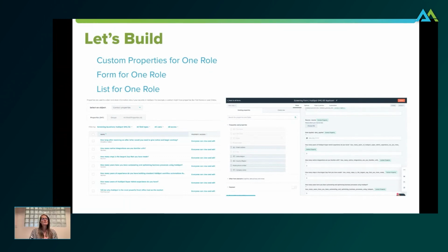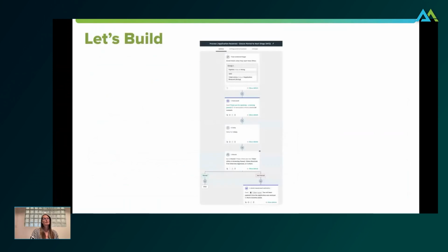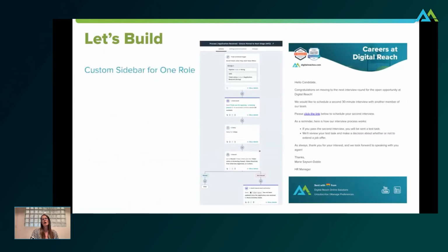Okay. So some things that we're going to do, we're going to look at creating custom properties for one role. We're going to look at building a form. We're going to look at creating the list. So I'm going to show you what these elements look like inside of HubSpot. And then from there, we're also going to look at a custom sidebar. And we're also going to take a look at automation for the first 3 steps and a couple of the